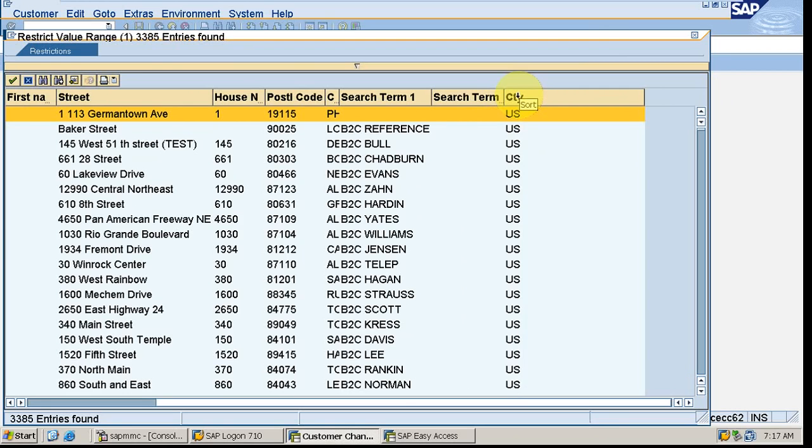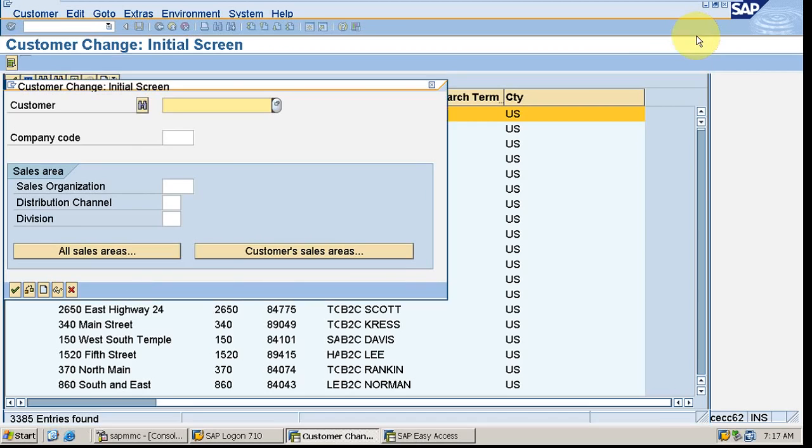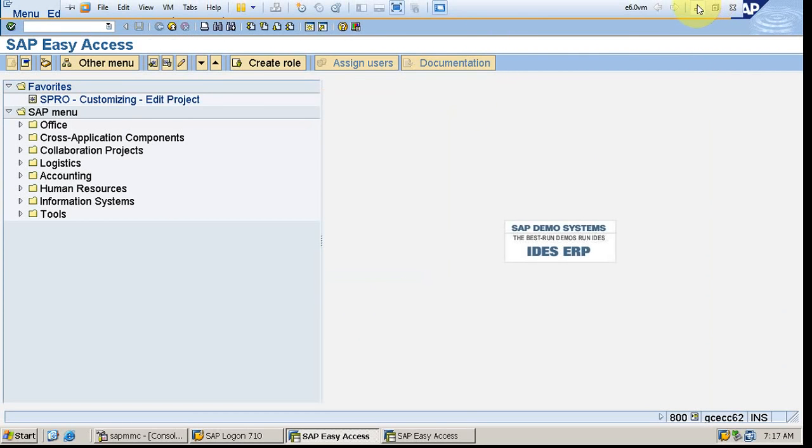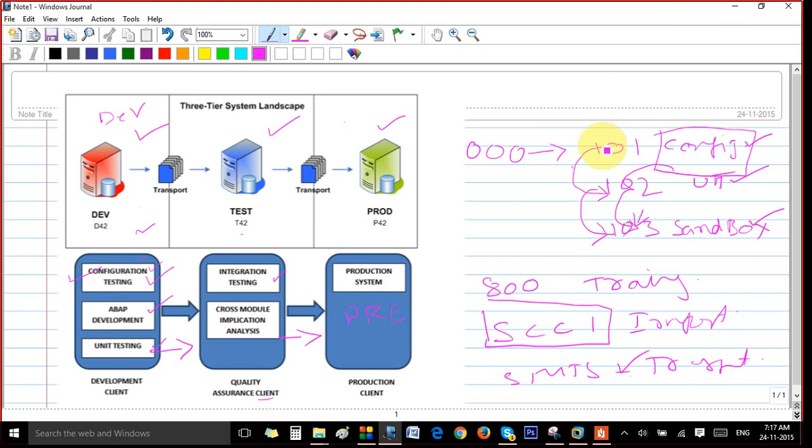So in the golden client, we will not have any kind of data. It's a vanilla system as SAP delivered it. We will copy that and make new clients. That's actually a basis job, but it's good to have some understanding. Okay, and as we are importing here, there will be sometimes